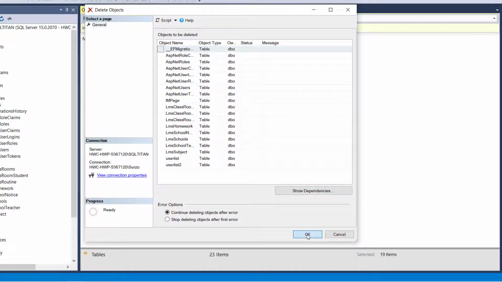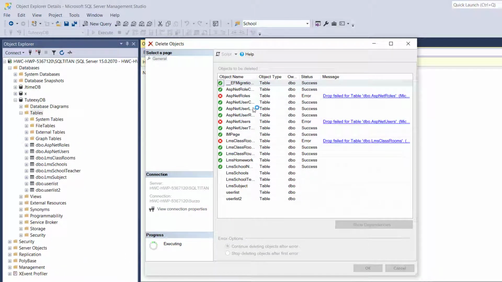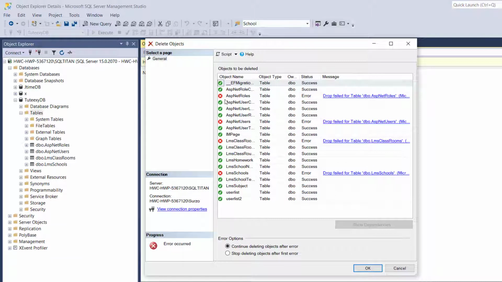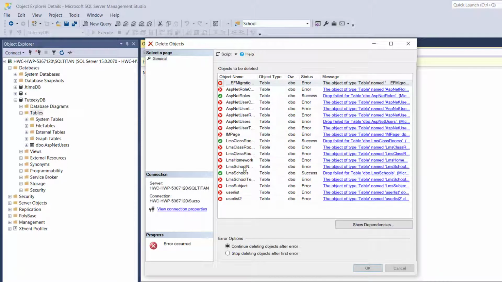I'm sure I want to delete this table, and click. Some tables are already deleted, but these red ones cannot be deleted. It's okay. I try again, and in this case more are deleted and more red comes. That means those tables do not exist now, that's why it shows red, and this table was already successful, so